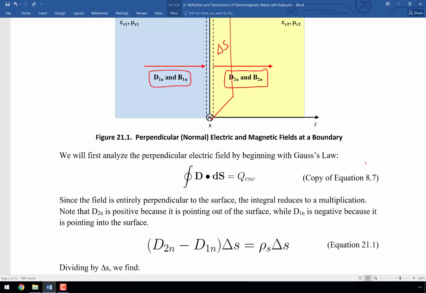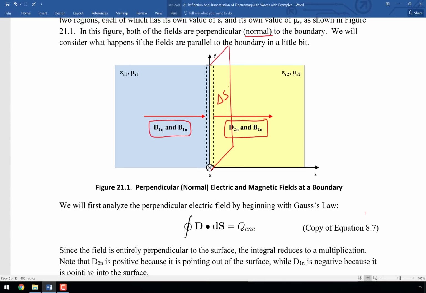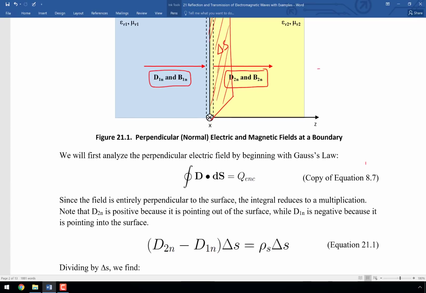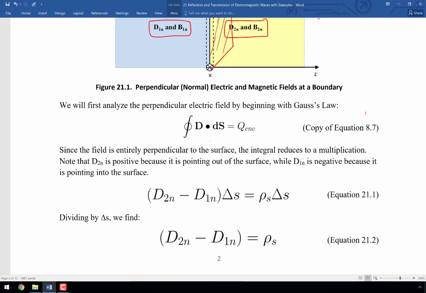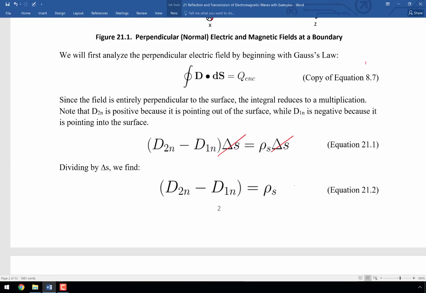We're going to assume that sandwich is extremely thin, so there's nothing coming out of the edges. And then we're going to say there's the possibility that right along this boundary, there could be a rho sub S that exists right on that boundary. And if that's true, then it's possible that there could be some charge creating electric fields that is perhaps impacting this result. So what we find is equation 21.1. We can cancel the delta S's on both sides, and we get equation 21.2, and that equation is 100% true for all